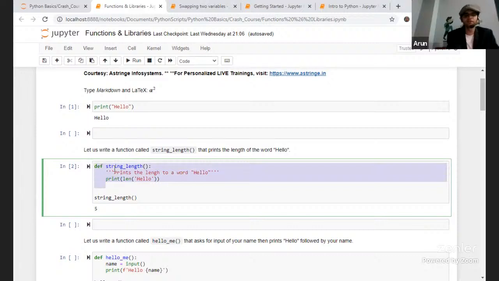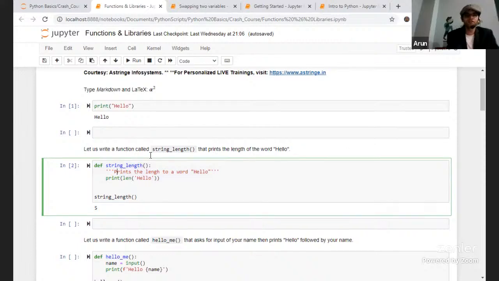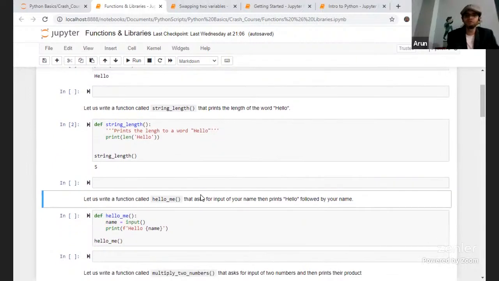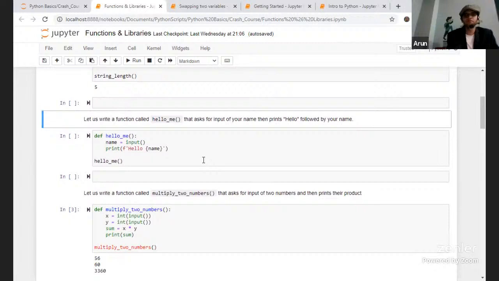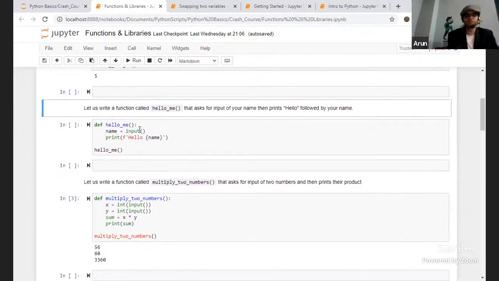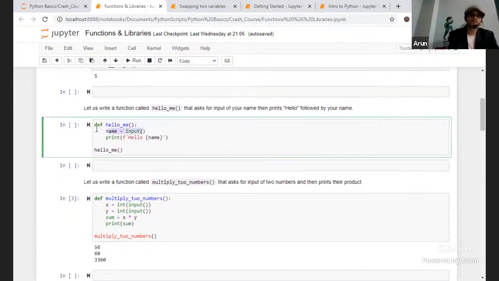Like you can use get keywords along with all the values that are there. But you can also write a function like hello_me that asks for input of your name, then prints hello and your name. For that, we'll create an input.